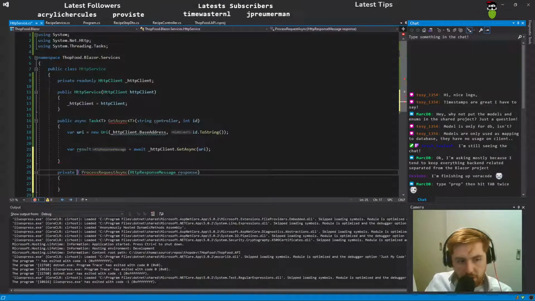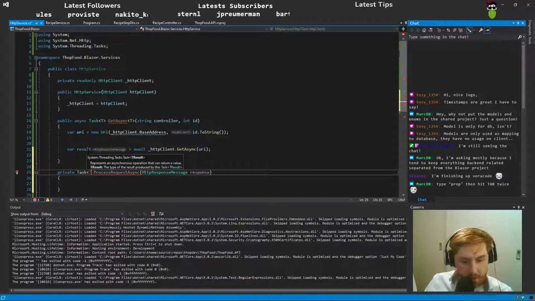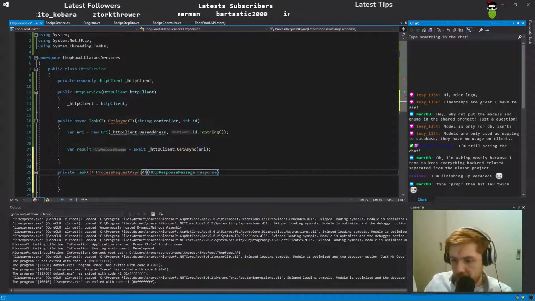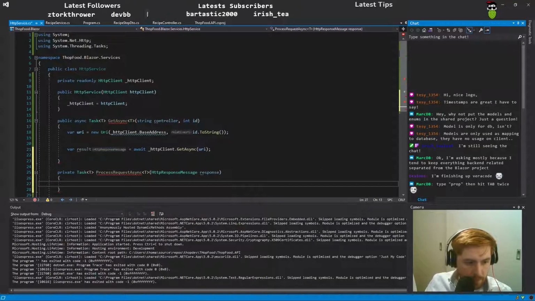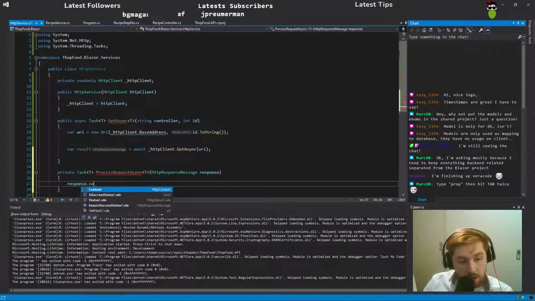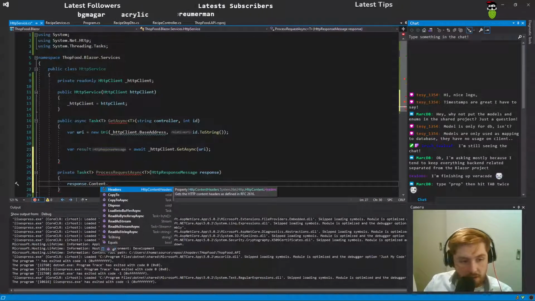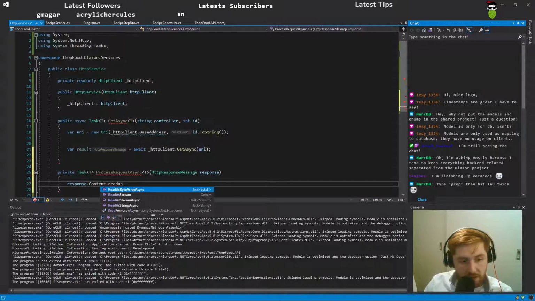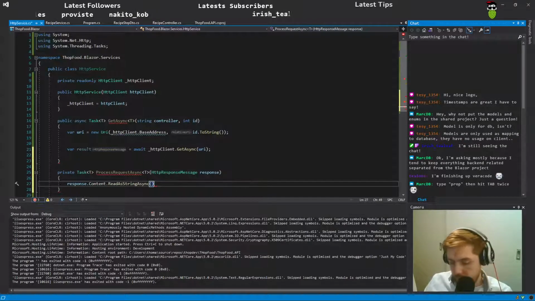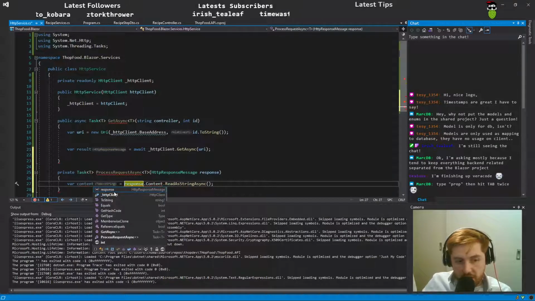So this is gonna make sure that for every request that we do, that we can have like error handling, results, no, response dot content dot read as string async, content equals